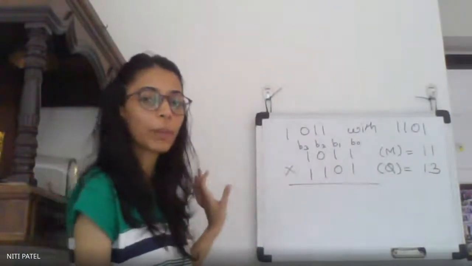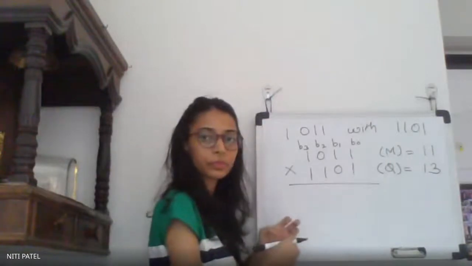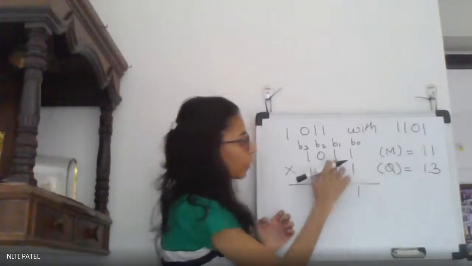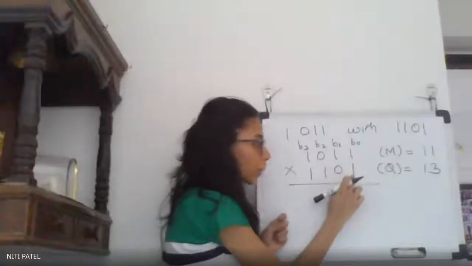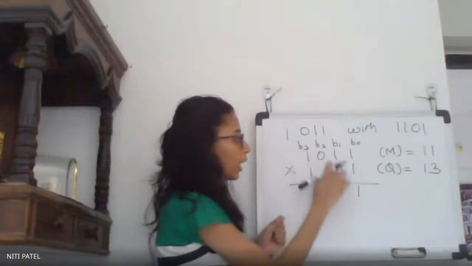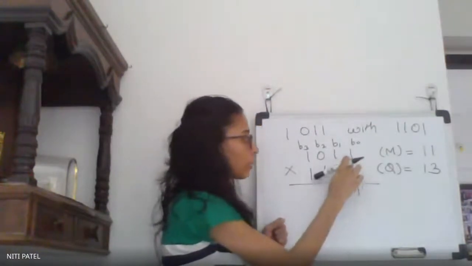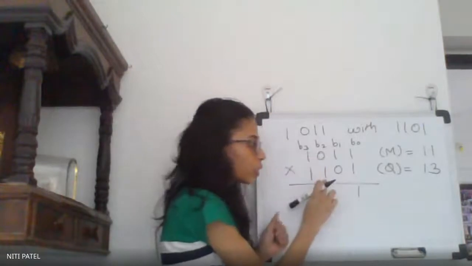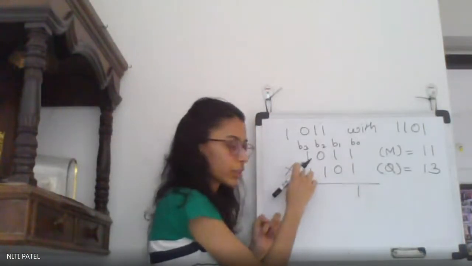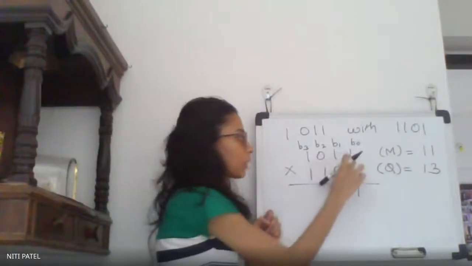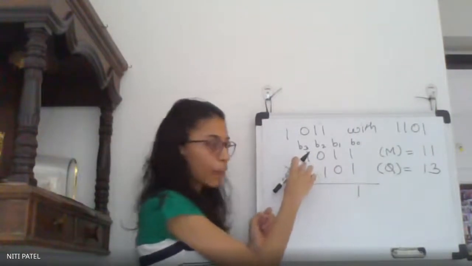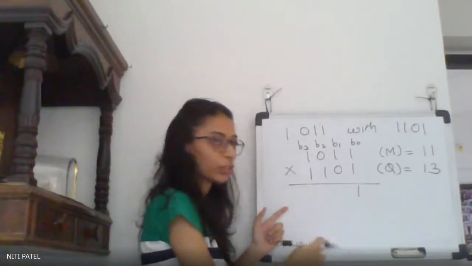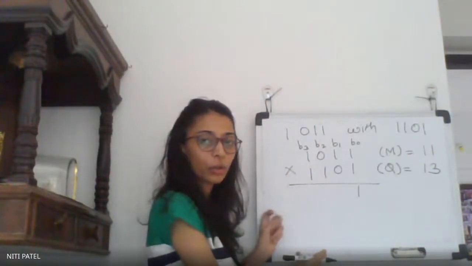Now do you know how we multiply? 1 into 1 is 1. Then what do we do, directly take this 0, or multiply this 1 with all the remaining digits of the first number? Yes, we multiply 1 with all the digits of the first number. Again, the second digit of the second number is multiplied with all the digits of the first number, and likewise the third and fourth digits. After that, for the final result, we perform addition. Okay, start doing along with me.